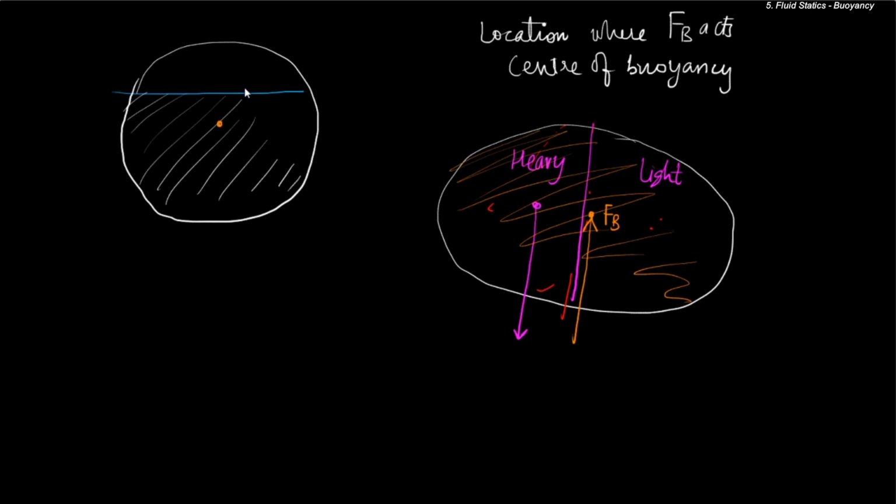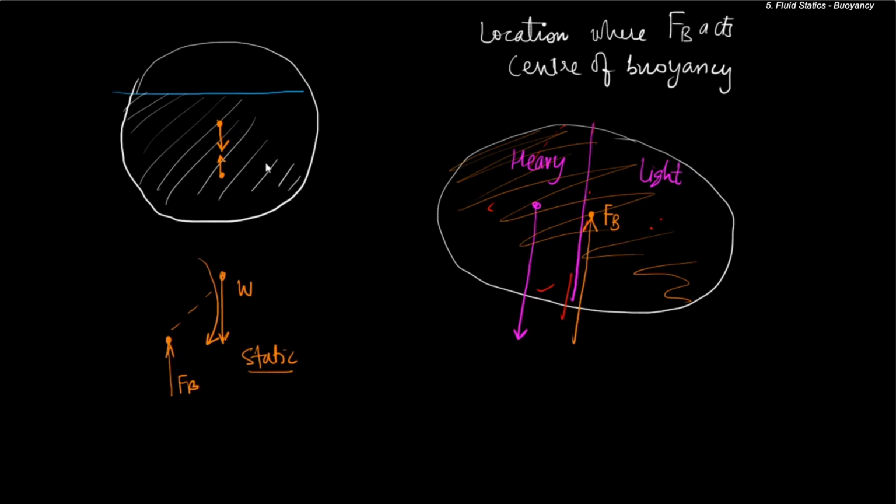Now, in static equilibrium, where the object is not having any motion, the center of gravity and the center of buoyancy must coincide, because if they do not coincide, it will result in a net moment. So suppose they don't coincide, suppose the weight is acting something like this and the center of buoyancy is somewhere here. So it is Fb. So if they do not coincide, there is a net moment on the object, causing the object to lose its static equilibrium, and hence it is necessary for them to be collinear under the conditions of